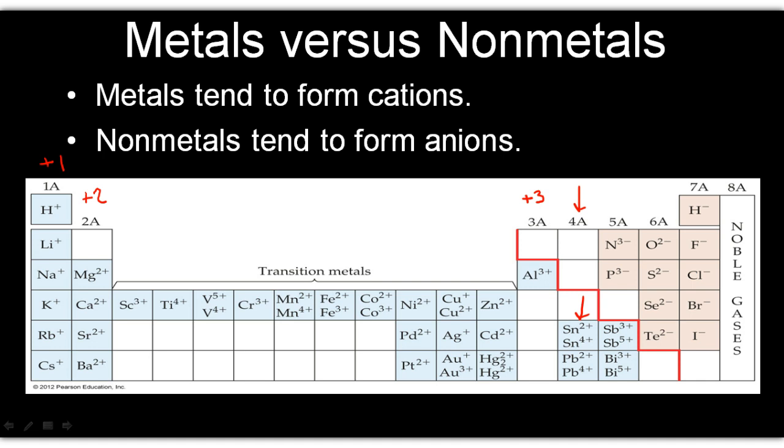Then you get over to group 15, and now we're on the other side of things where we're gaining electrons, and then it just tends to go down over here. And then, of course, group 18 doesn't do anything. They have a full octet of electrons. They're not very reactive. But these guys in the middle, these transition metals, what we tend to see is when